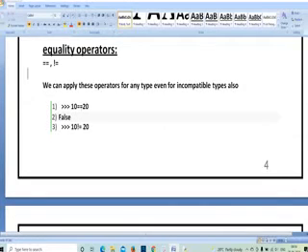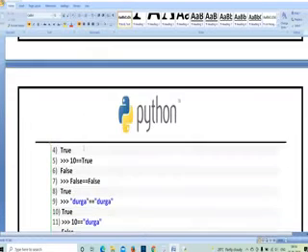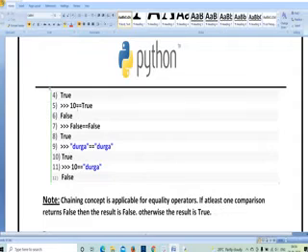And 10 is not equal to 20 now. Both values are different. So I have written the condition 10 not equal to 20. For not equal, you have to write it like this: an exclamation mark followed by equal to. The exclamation mark defines not, and equal to is equal. 10 not equal to 20. This condition is true. So I got the result true.